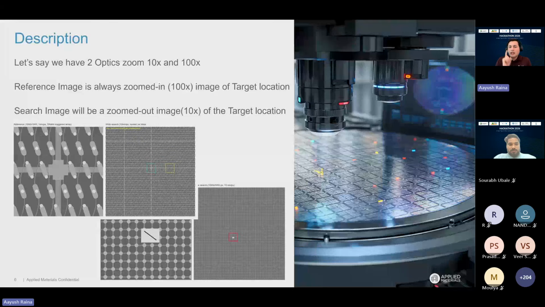So we have 10x, we have 100x. We keep on coming to it in coming slides also. Just remember, 100x is a zoomed out star image and 10x is your wide search pattern, which is a big pattern you want to search here. And 100x is your reference. Whenever I use reference, it means a zoomed in, very clear pattern on the left. And the right side is your search pattern, where you are trying to search it.